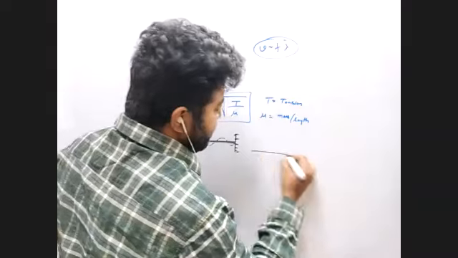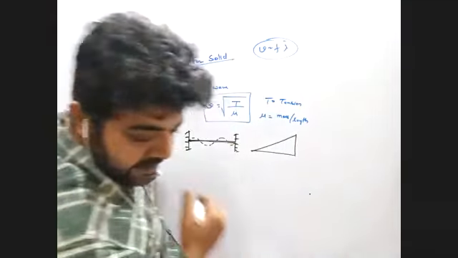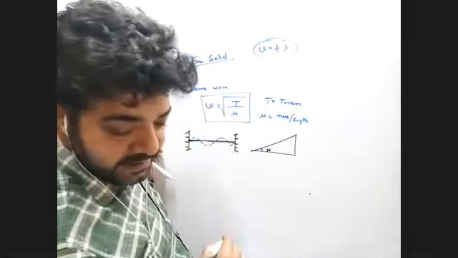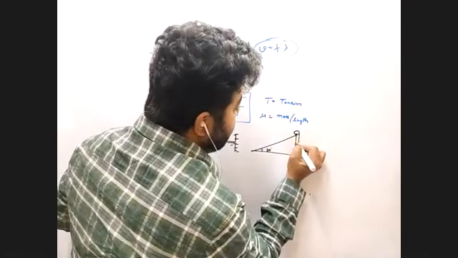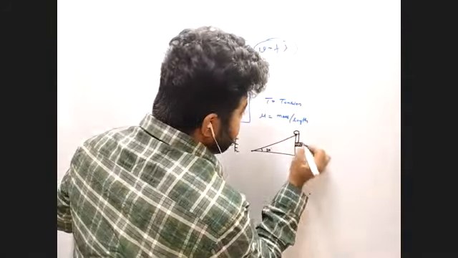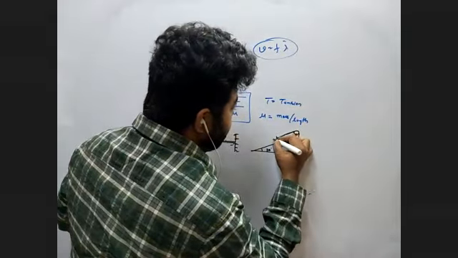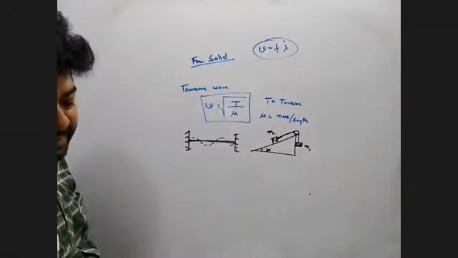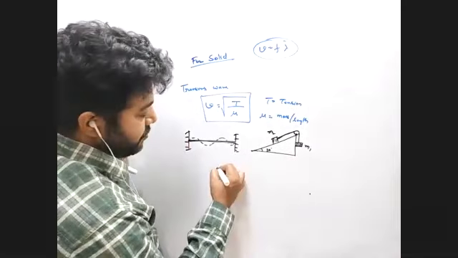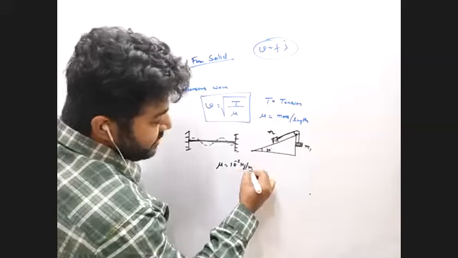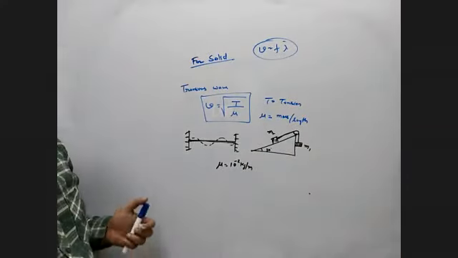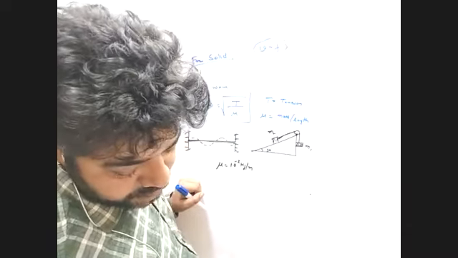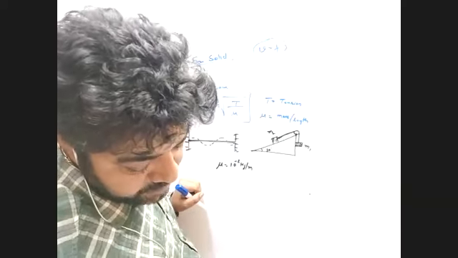Now look, I will explain with a small question, you can understand. There is a triangle whose angle of inclination is 30 degrees. Here there is a pulley, and here there is a block, let the mass be m1. Here is another block, let the mass be m2. And what is given? A wire of mass 10 to the power minus 2 kg per meter, that is mu, passes over a frictionless pulley fixed on the top of a frictionless inclined plane which makes an angle 30 degrees.